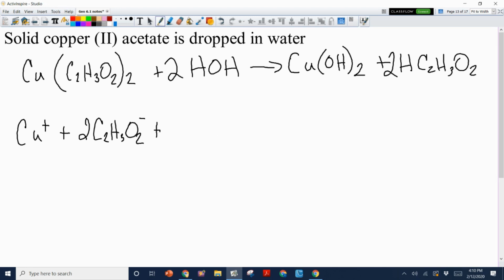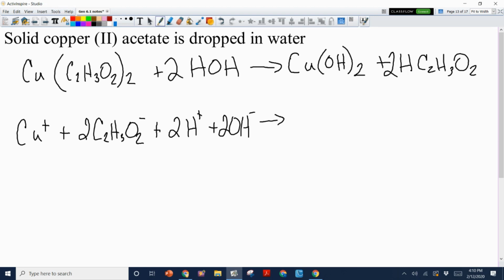So if we look at insoluble with exceptions, hydroxides are insoluble except when they're bonded with an alkali metal. So hydrogen is considered an alkali metal. So we have 2 hydrogen ions plus 2 hydroxide ions. Okay, and this is going to yield